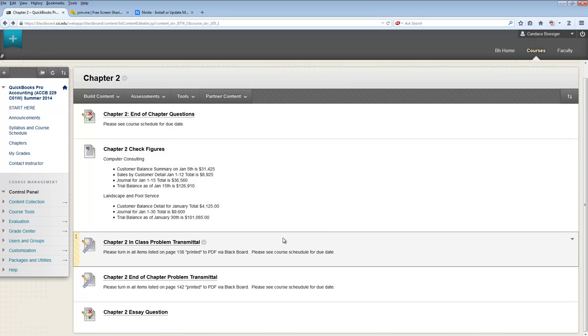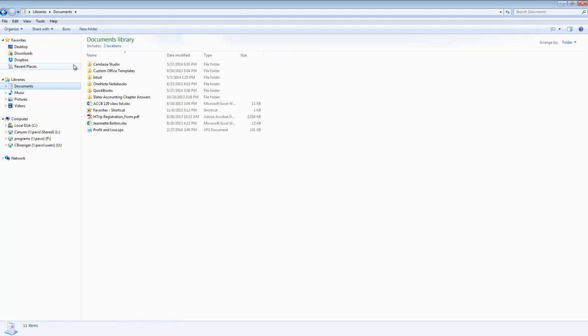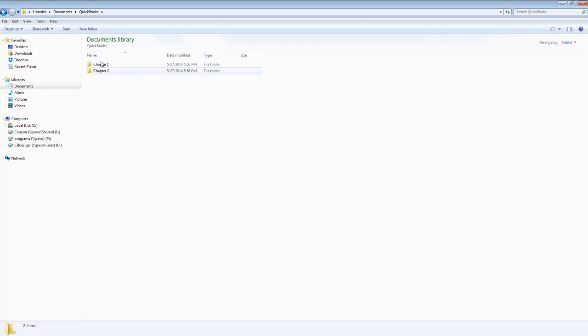So as you can see, it is very beneficial to zip those files because at some point we're going to have well over 1,000 documents, and they can be a lot to keep track of. Another thing I want to point out really quick, it's very important for you to be able to keep track of all of these documents. So I recommend you going out and you create a folder that says QuickBooks, and then do a separate folder for every single chapter, and do that by right-clicking and going to New Folder,